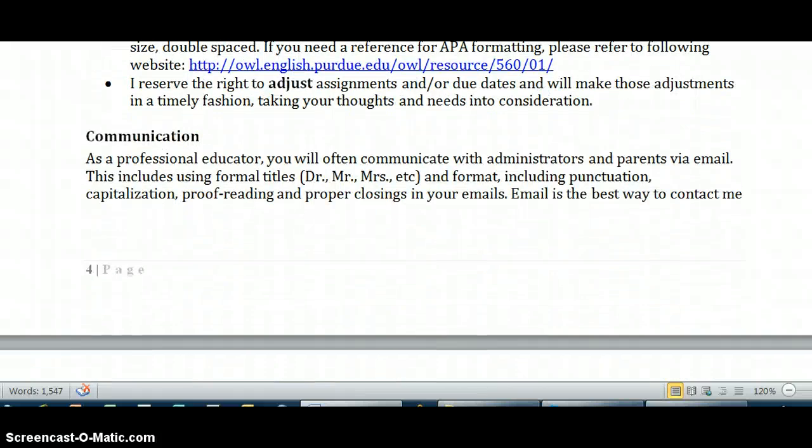Communication to me is really important, whether it be with me or other people you're working with, as well as your classmates. If you are emailing me, please be professional about this. It should say, Dear Kyle, or Dear Dr. Miller, but it should start with some type of introduction. Make sure you're writing out all words in your email and that you are signing it. I know this might sound really silly to some of you, but every semester I'll get some interesting emails that are just like, hey, what's going on with this? And I probably won't respond to you because I will treat you in a very respectful manner when I email you, and I expect the same from you when you try to communicate with me.